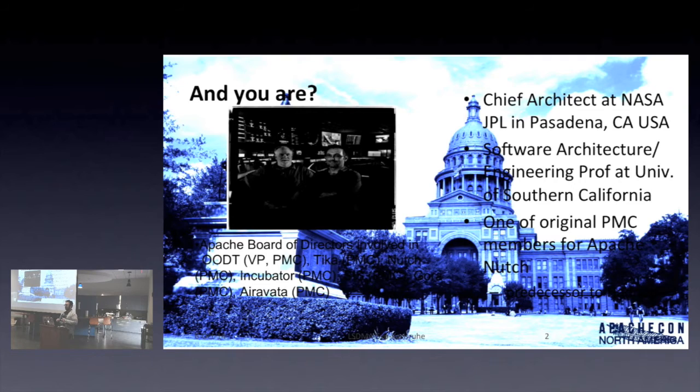I'm also a professor at USC. I teach classes in search engines and information retrieval and in software architecture and design. It's synergistic. I use it to recruit students. I help bake off projects and things like that. Because this technology is all open source, we can give them our problems that we have at NASA and other places, have them solve them using the technologies, and it's a good way to tell whether or not these are a good fit on all sides.